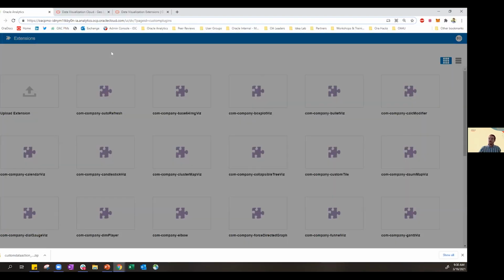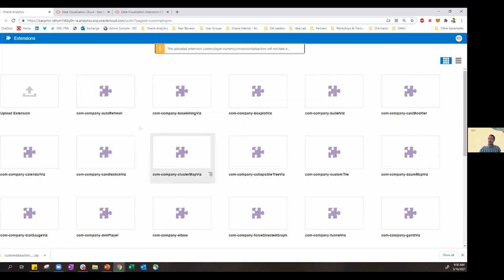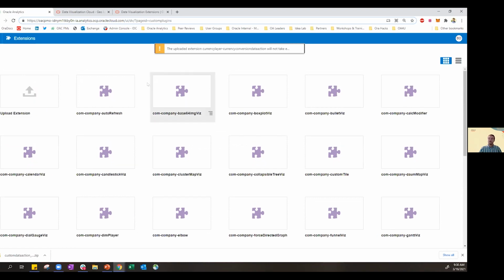And once I refresh my browser, this will be a brand new visualization extension that I can start leveraging within my analyses going forward. So as you see, I've already brought in a lot of the other ones, and I can really expand upon my analysis using them. You'll see them in the system itself. There'll be icons that are more colored in, while the rest of the out of the box are gray.